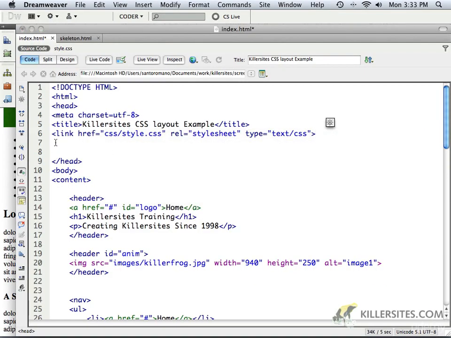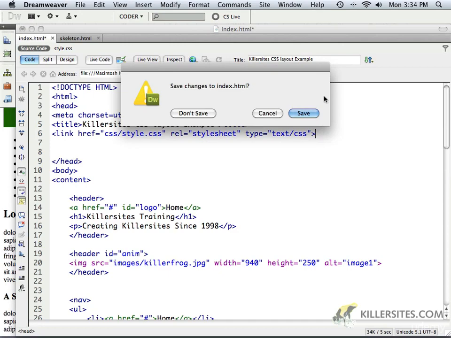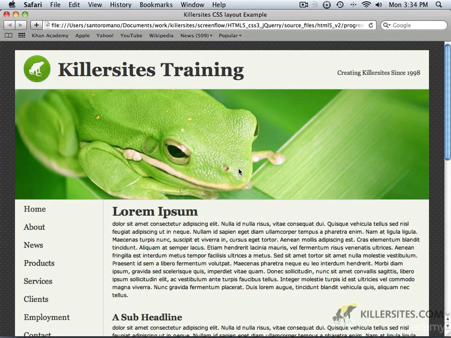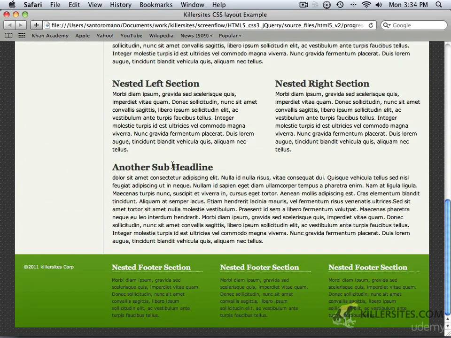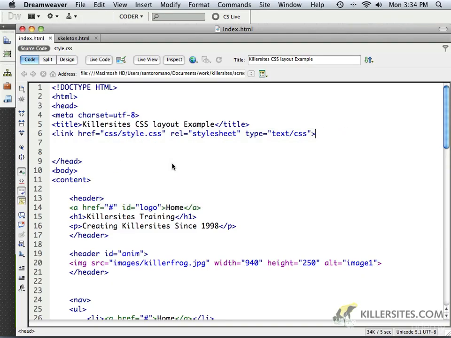And if we go to our Dreamweaver file, or in your case, your HTML file, here you can see it's just a regular link tag, as you've always done, css/style.css, and we tell it to be relative style sheet, and the MIME type is text/CSS. So that's perfectly fine. Now, when we preview this in our browser, I'm just going to save that, you can see that, okay, great. We have things looking a whole lot differently, and the reason being is simply because I've got the CSS attached to it. So, without having to go through all of that information, remember, it's the same information that you can get through the Killer Sites